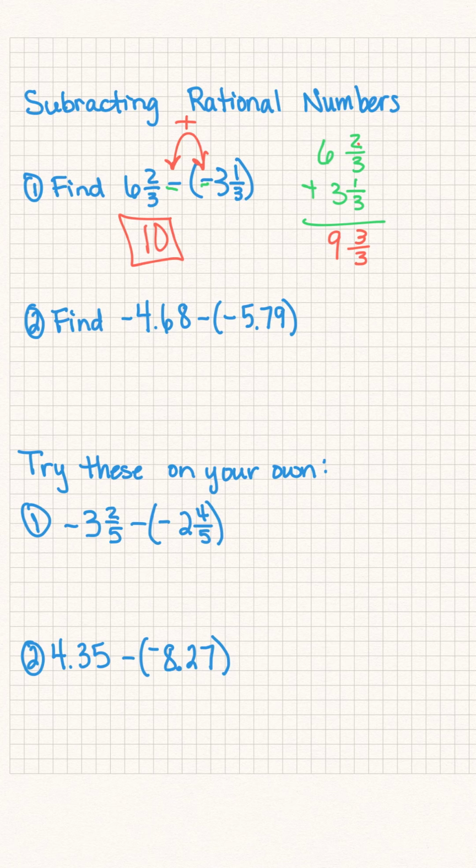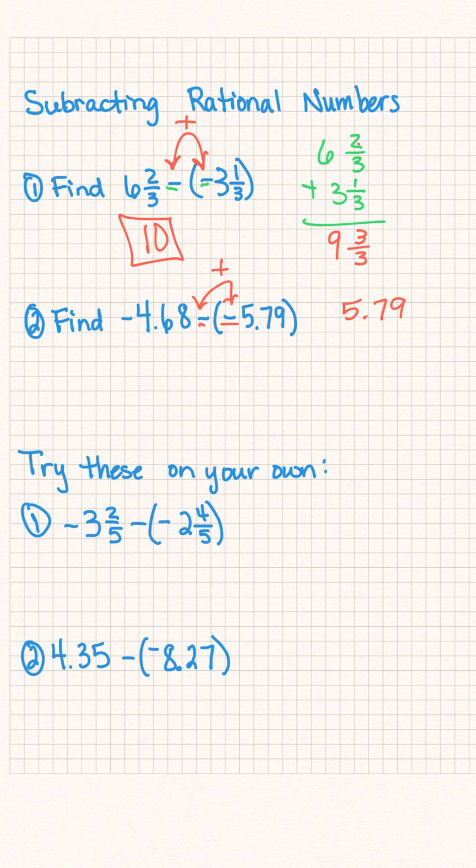So find 4.68 minus a negative 5.79. So once again, whenever I see these, I think of adding a positive. And this one is now negative. So we're adding the opposite to this number because of the subtracting a negative. So we're going to have a positive